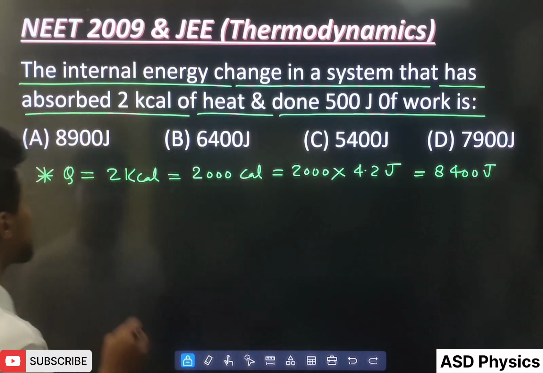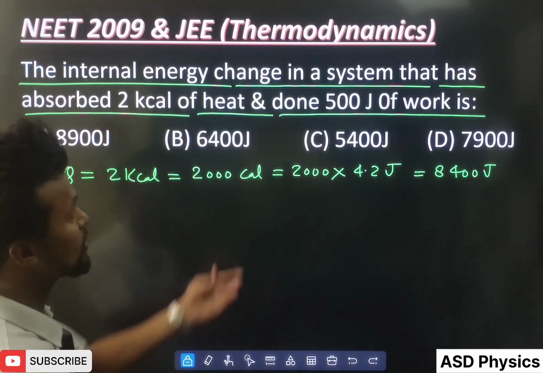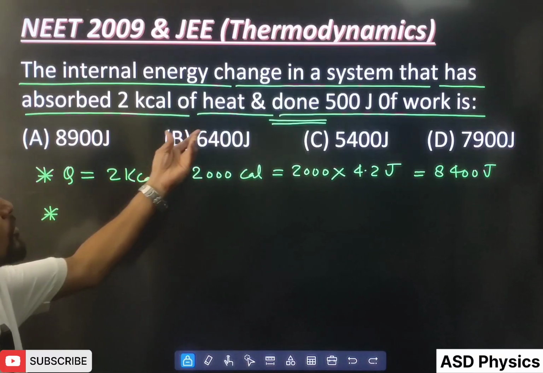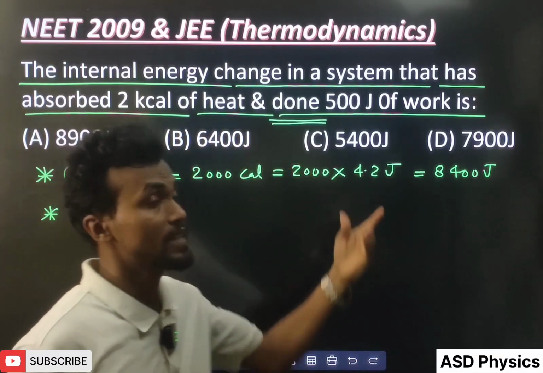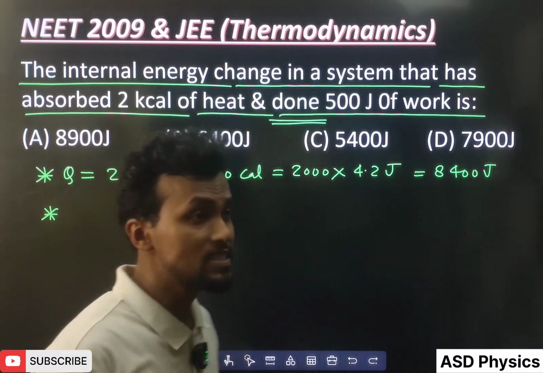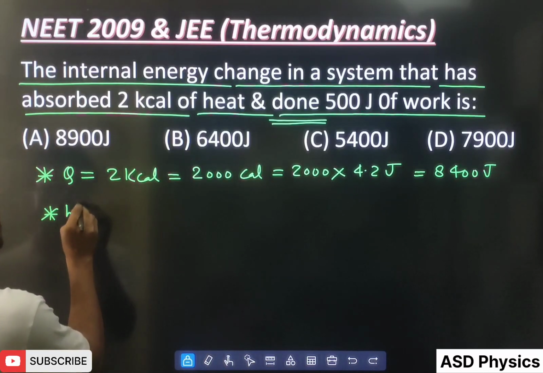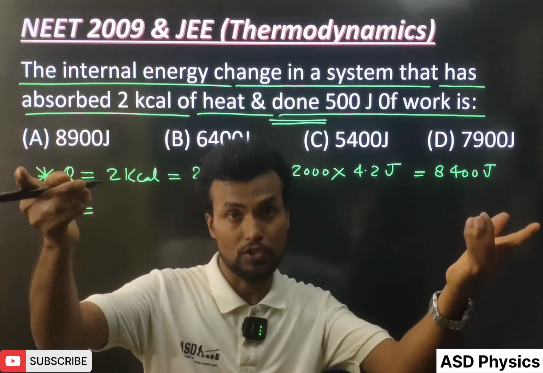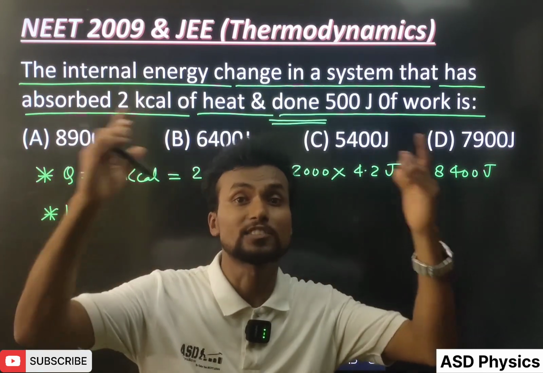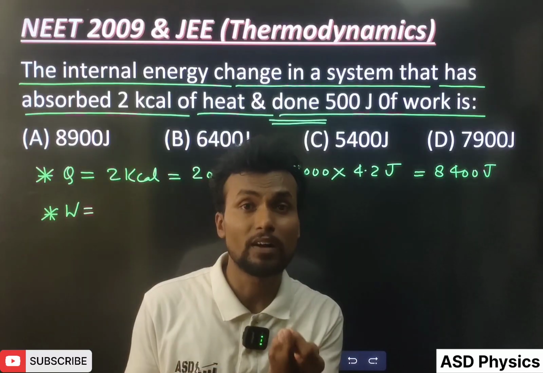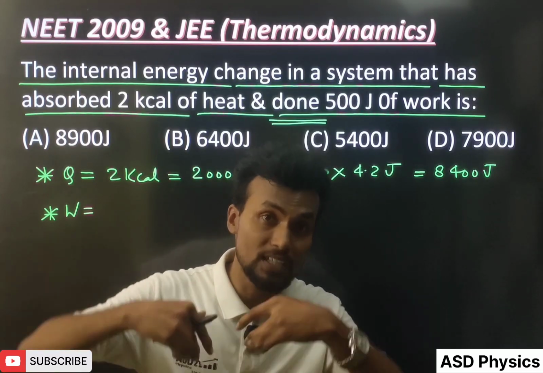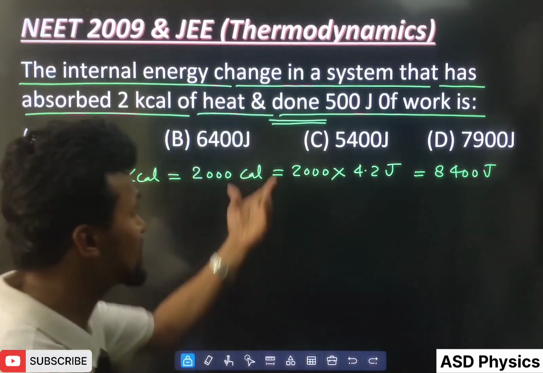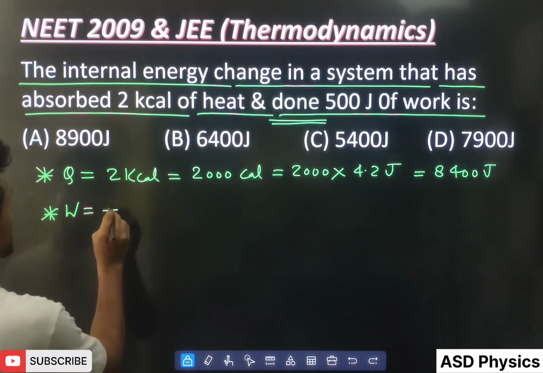After that, the next data: the system has absorbed 2 kilocalorie of heat and done 500 joule of work. That means the system has done the work. Whenever the system does work, W will be positive, because gases will expand and volume will increase. So work done by the system, it expands, is positive. Work done on the system, it compresses, is negative. Here work is done by the system, so it will be